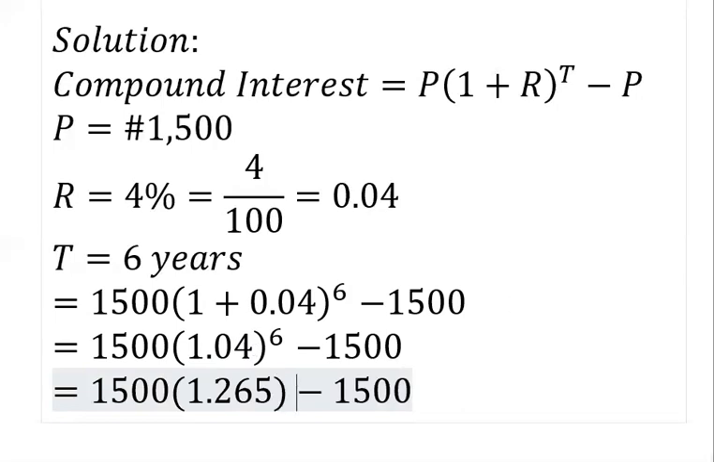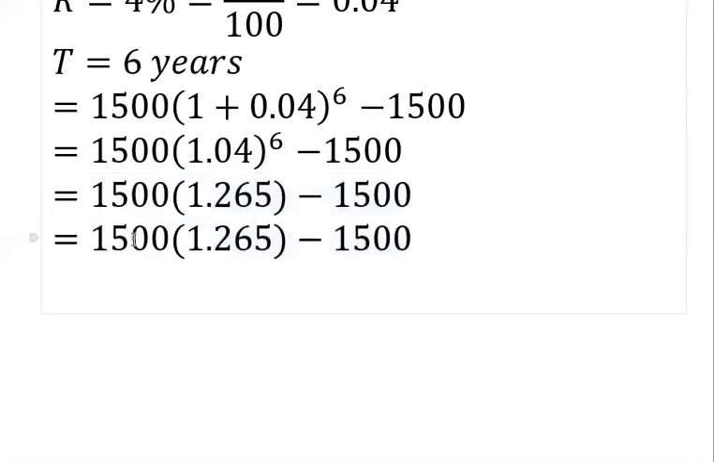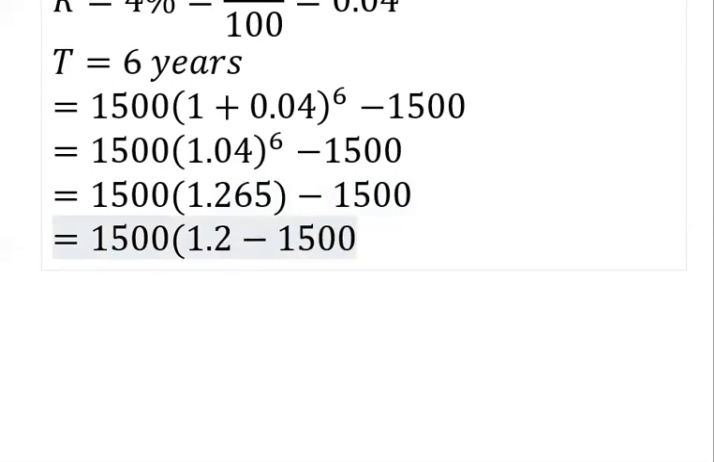Great. So all we just need to do now is to multiply 1.265 times 1,500. So if you bring out your calculator, we punch 1,500 multiplied by 1.265. It's going to give us 1897.5. So because we are actually looking for the interest that will be accumulated after 6 years,